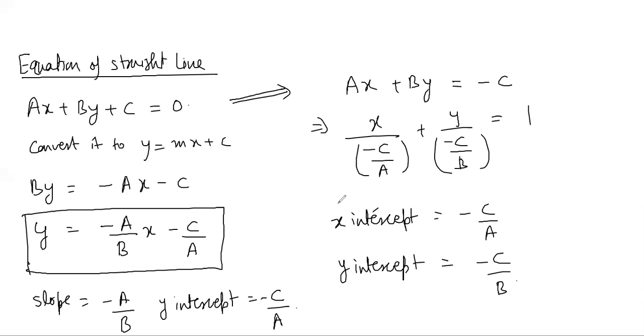So tomorrow we'll do some problems on straight lines, and then we will start circles, and we'll quickly do circles, and then we'll move on to parabola. Parabola is very important because parabola and quadratic equations are related to each other. As I told you earlier also, the curve corresponding to a quadratic equation is a parabola, and you will find the application of parabola and quadratic equation in kinematics when you will study projectile motion. So that is very important. So tomorrow quickly we'll do 2 or 3 questions on straight lines, and then we will quickly complete circles, and then we will move on to parabola.